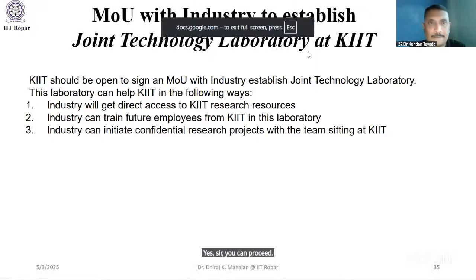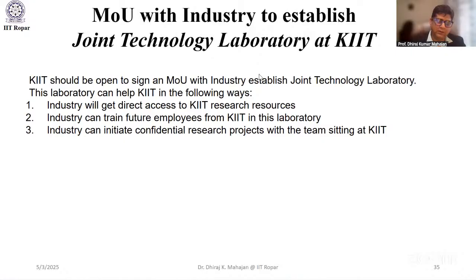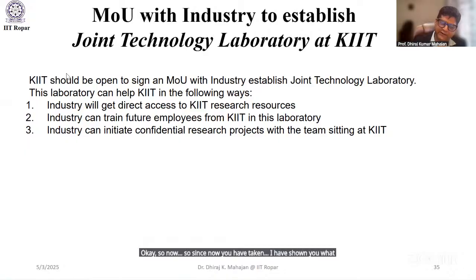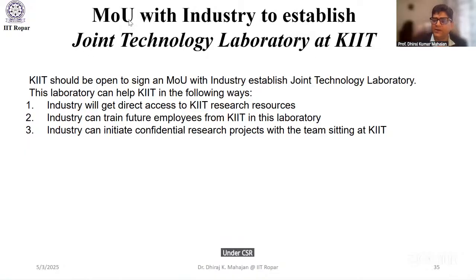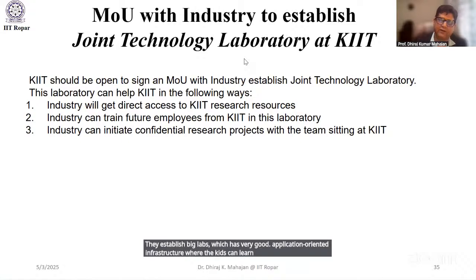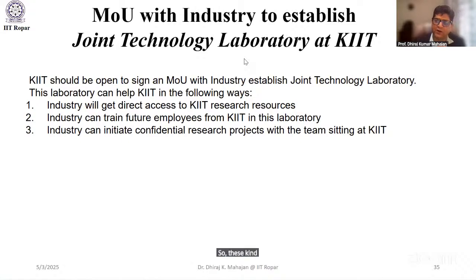Okay. So now, I have shown you what the possibilities are, and similarly the outreach with industries. As I told, industry has funds to give, like under CSR funds. So big industries like Bajaj establish big labs which have very good application-oriented infrastructure where the students can learn fast. So these kind of joint technology laboratories you can establish with industry, where you have to